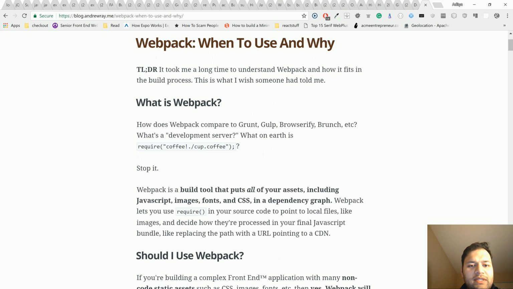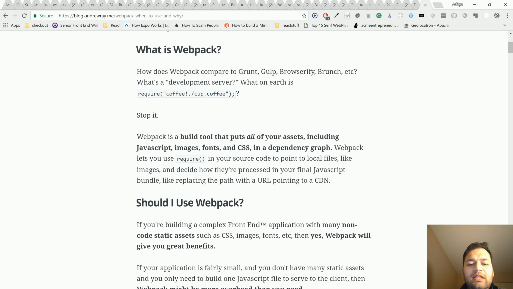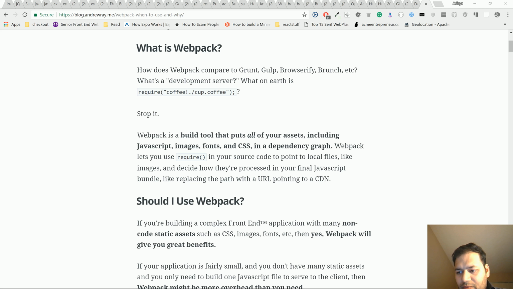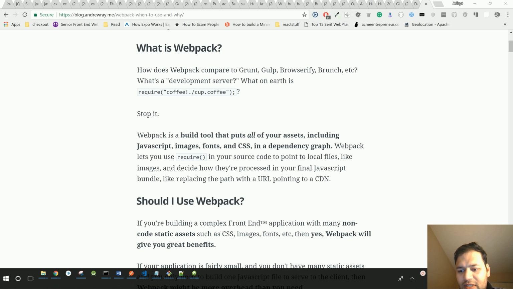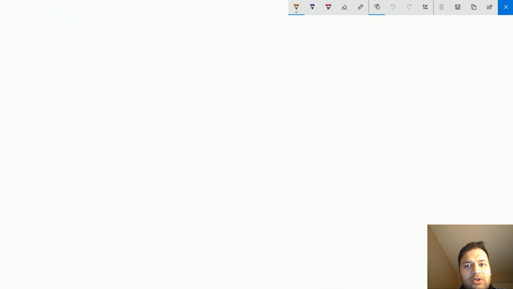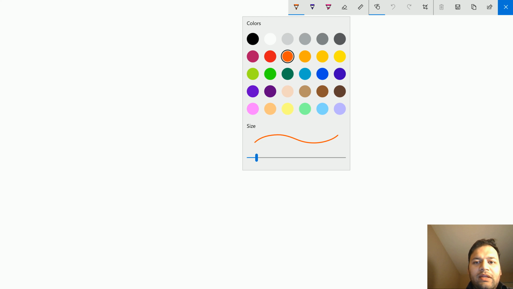So basically, Webpack is a dependency graph. I don't know how many people know what a dependency graph is. So before we get started with Webpack, let's make sure that we know what a dependency graph is. A dependency graph is basically